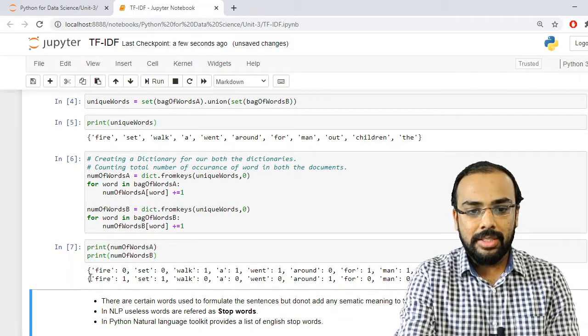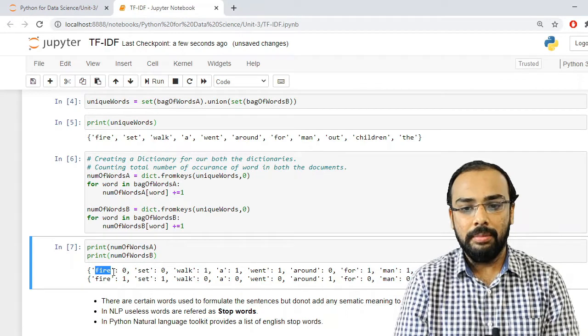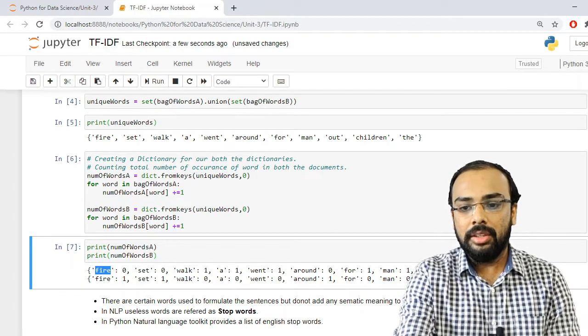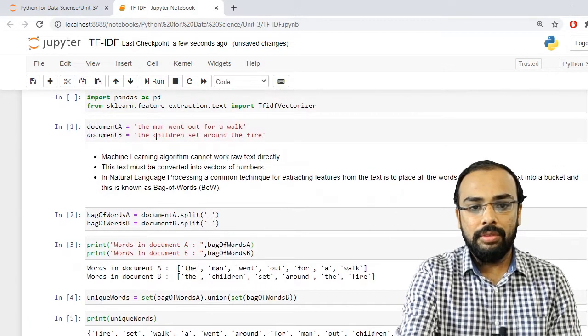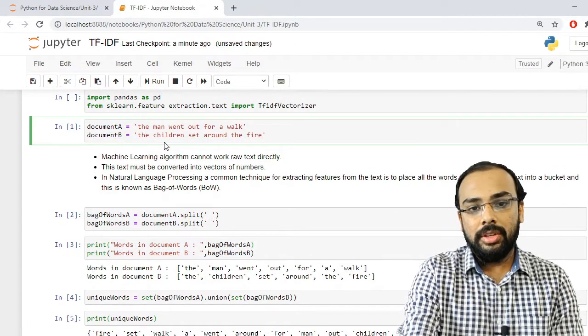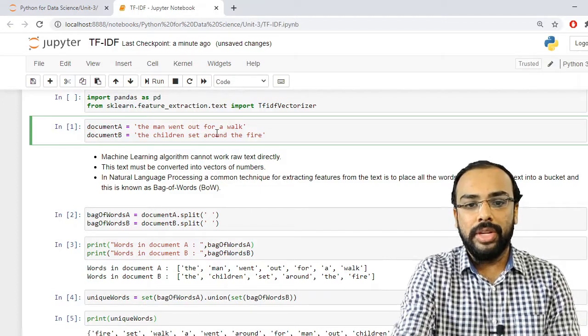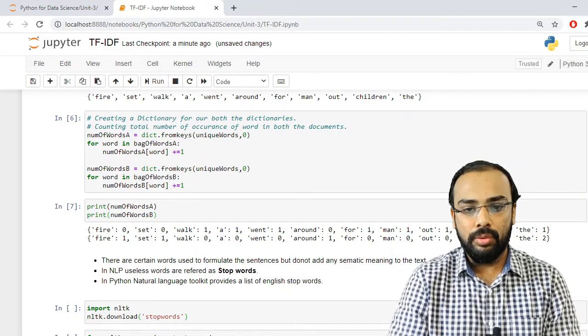Like this it has done for document A and for document B. Now you can see here that the is having the value 2. Why? Because if you see document B, the word the is occurring 2 times. So it has set its value to 2.